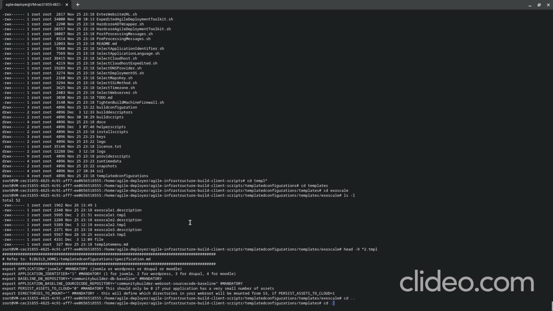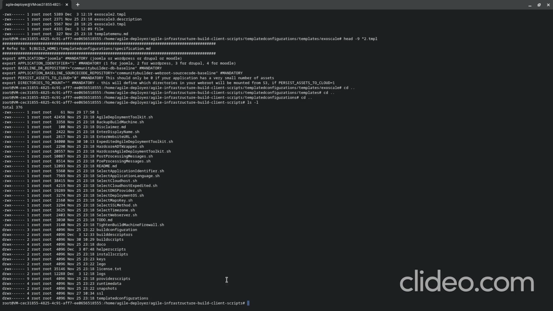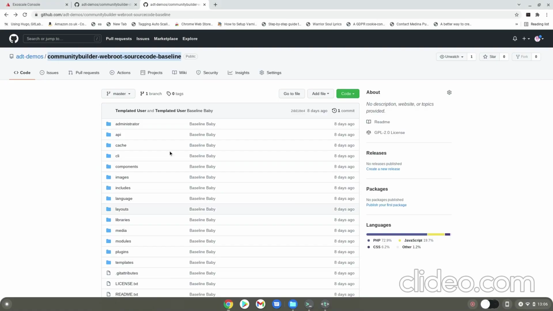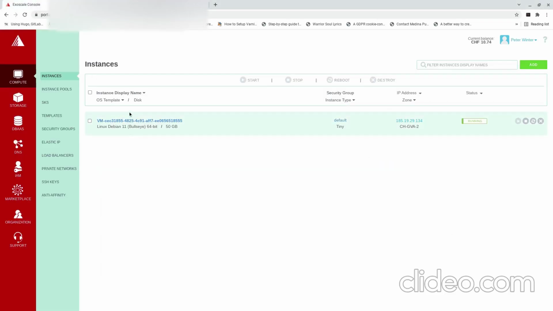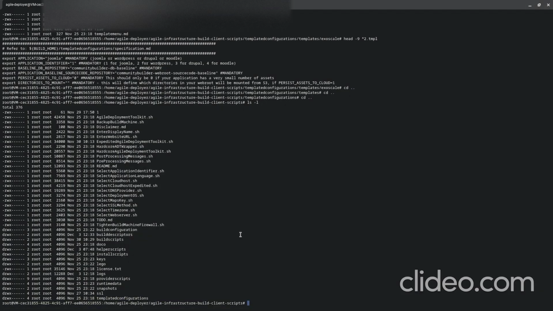So if we go back to the root of the Agile Deployment Toolkit, then we can look back to our Exoscale console and see that there's only the build machine running. There's no web servers or databases running, so absolutely nothing is prepared in terms of having a live application at the moment. So I just need to run the Agile Deployment Toolkit script, which is that one,